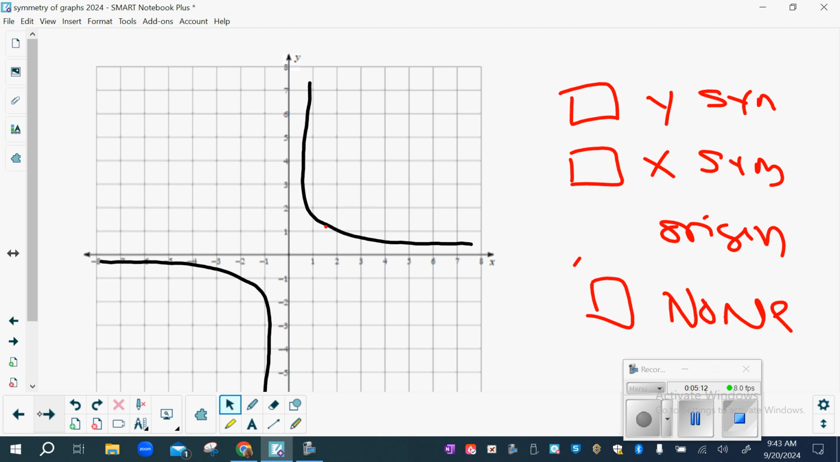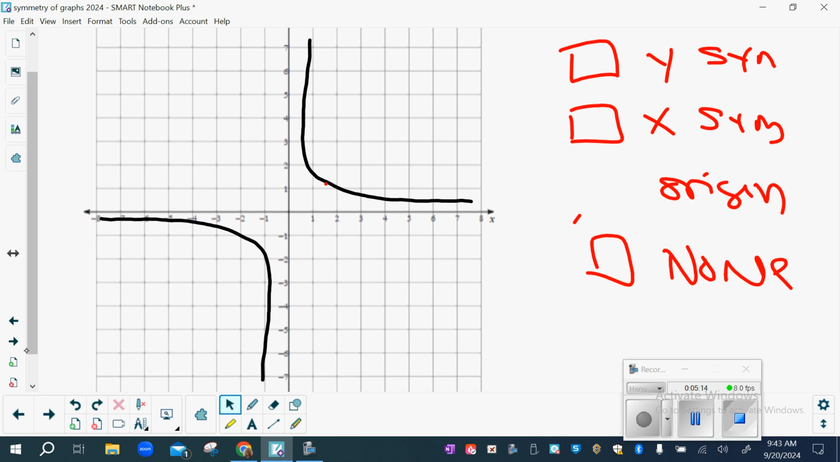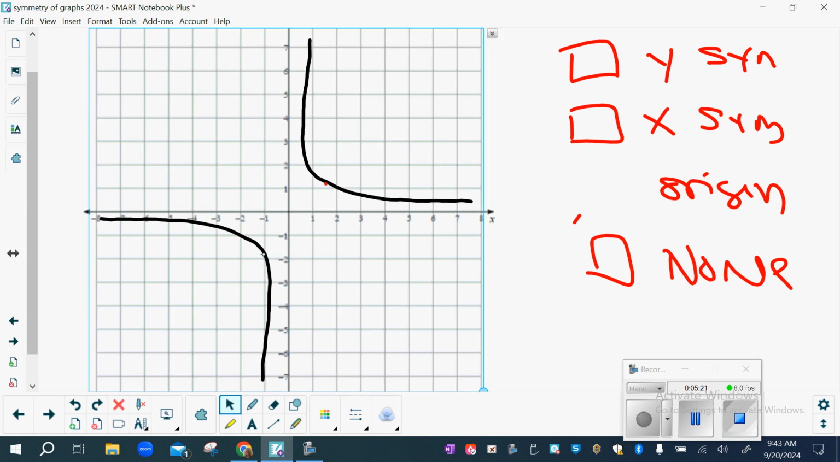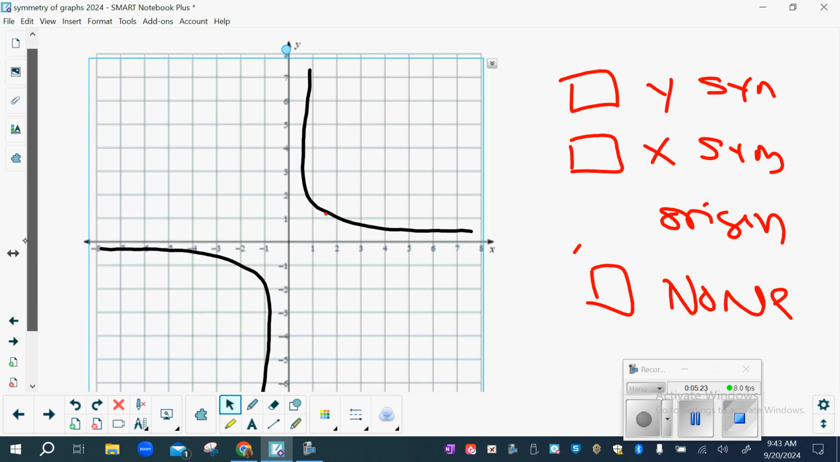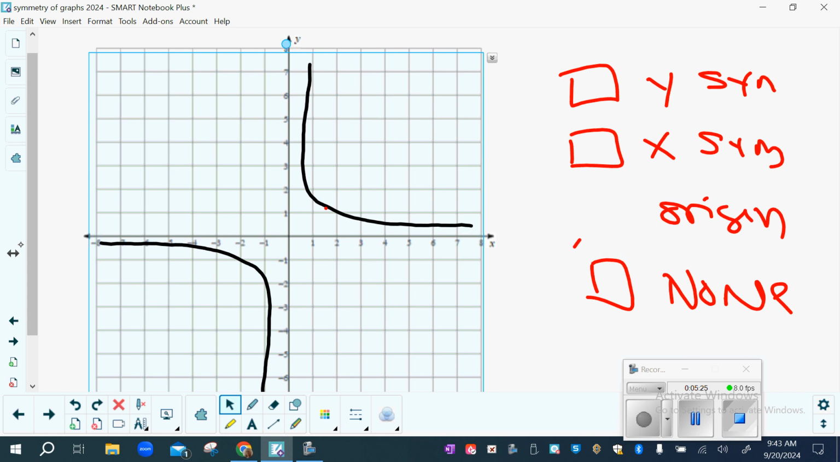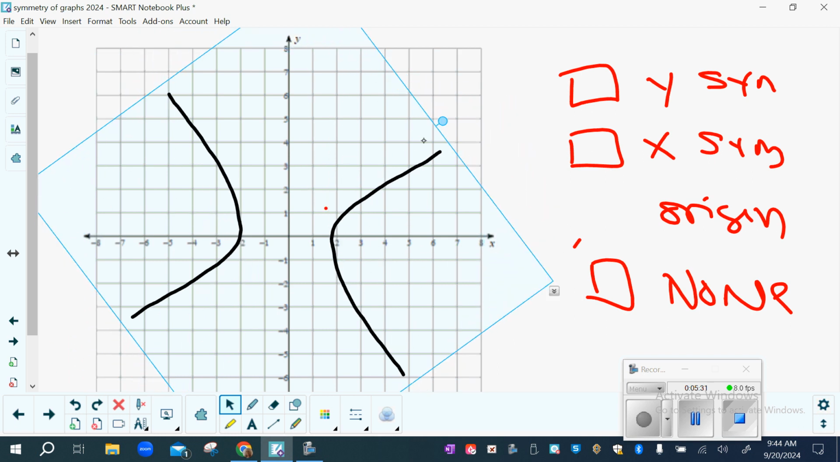Are you ready? I'm going to show you that this one has origin symmetry. Oh, I'm so proud of this. I have no friends, and this is why, because this is what I do. Okay, so watch what I'm going to do. I'm going to imagine my pen is right there in the middle, and I am going to spin it